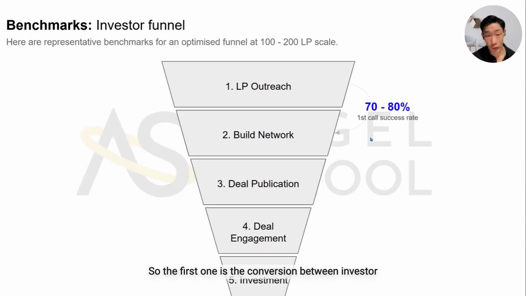So the first one is the conversion between investor outreach for them to join your syndicate, right? You find an investor or they find you. You're telling them about your syndicate, and all we're asking for at this point is we're saying to them, hey, I'm a credible investor. Here's what I invest in. All I want to do is to share with you deal flow. I'm not expecting more commitments from that. If you're pitching well, targeting well, you should be closing at 70 to 80% call success rate. So we do the one-to-one onboarding, and at this stage, you should be getting 70 to 80% yeses to share